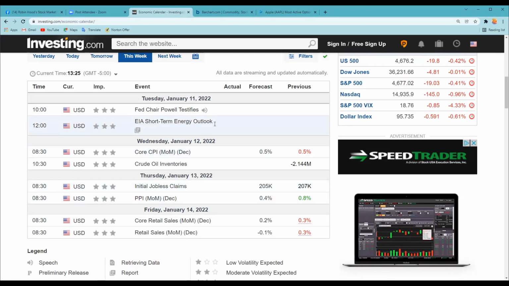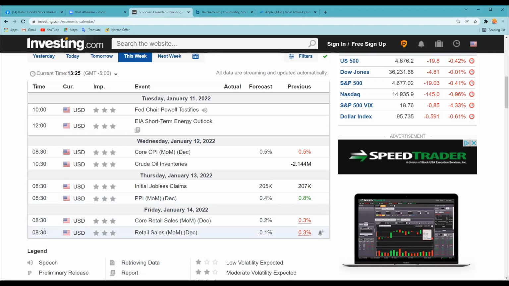So Tuesday, just not exactly sure what's going on there. My guess is, even though in the past Jerome Powell has provided good bullish characteristics, they may say something that may spook investors and traders. So Monday could be a bullish day, Tuesday could be a bearish day, Wednesday could be a bullish day, Thursday could be a bearish day. And then you can kind of see this algorithm. We have up, down, and then Friday we have